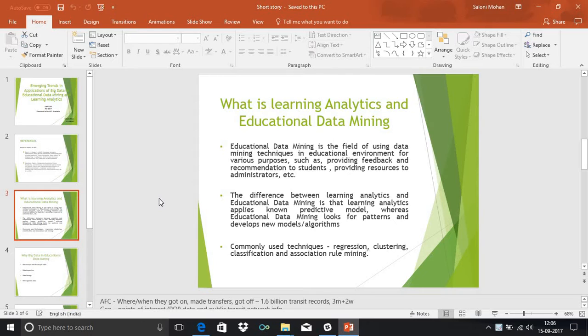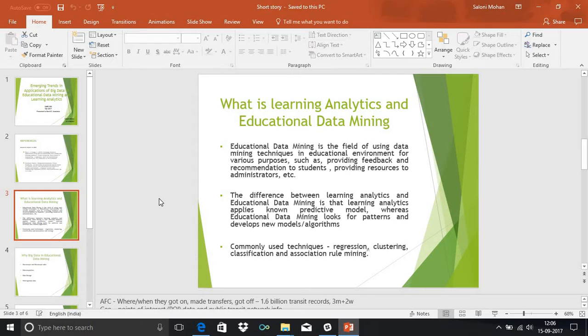Educational data mining is the field of using data mining techniques in educational environment. And currently, there are many computer-based learning systems which gather huge amount of usage data. A significant example of such learning systems is learning management system. These learning management systems provide various functionalities such as content posting, performance evaluation, group and personal communication, etc. So the data which has been collected by these learning management systems will basically give a huge opportunity for performing